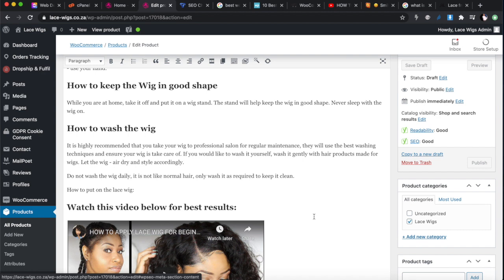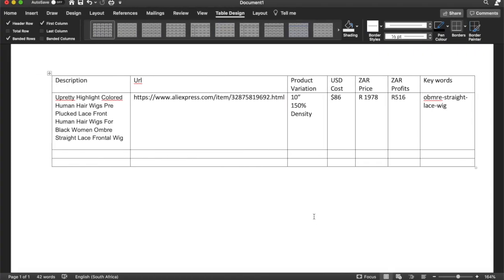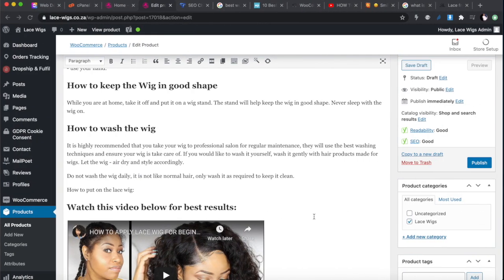So far, it's just one product, because it actually takes a bit of time to do this. It takes more time than I thought, especially getting the images downloaded. So this is something that's going to take you time. But if you're a new dropshipper, I highly recommend, before you go for the plugins, just do this once manually, okay? Then when your store grows and you get more orders and a lot of clients, at least now you understand what's really happening in the back end. Then you can start implementing different plugins to automate the process for you.